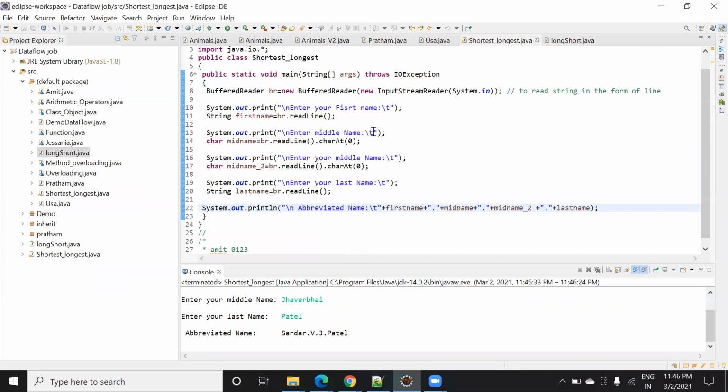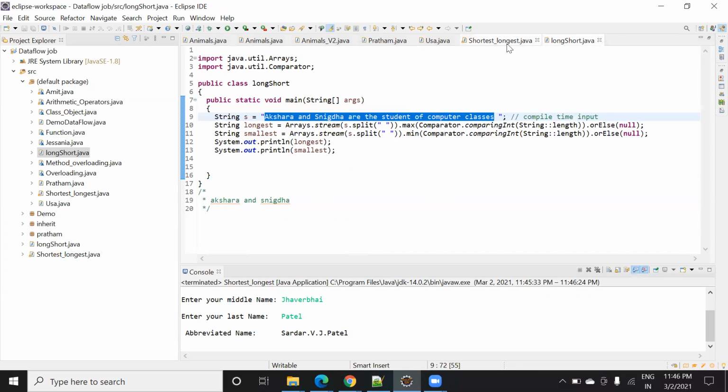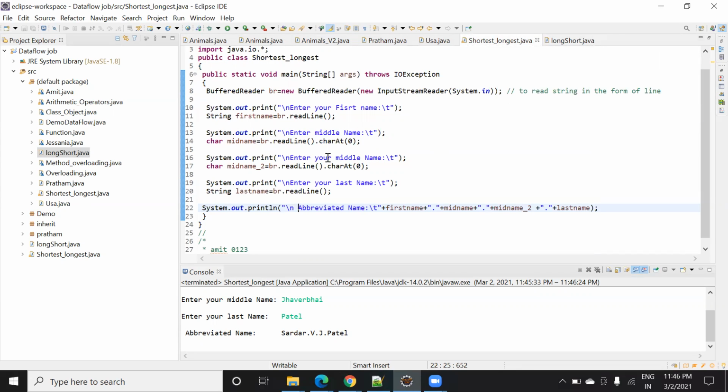So just practice these two codes. These two codes are really very interesting, and I've shown you how simply you can do it in a short way. This is the trick of solving these two programs. They look complex, but I explained how easily we can solve them. So just practice this. I will share this code with you, and this video.